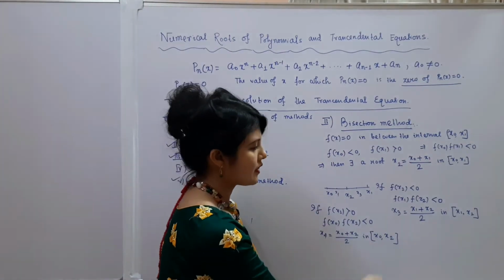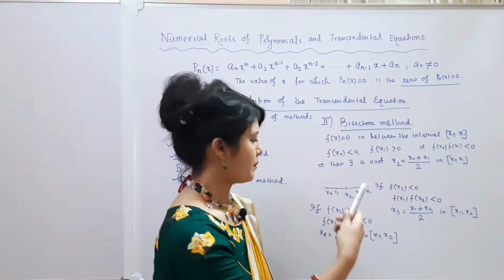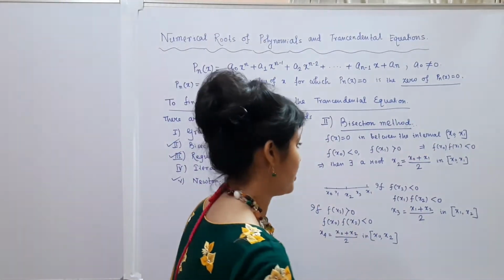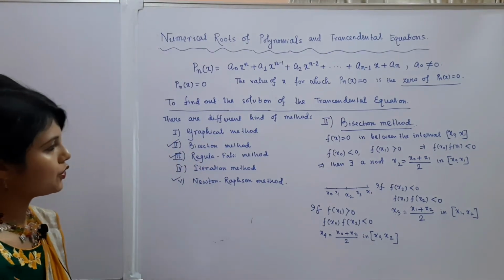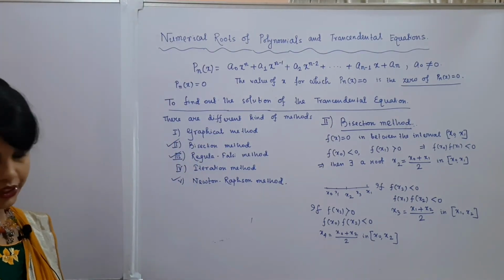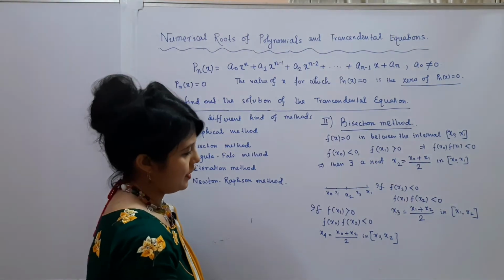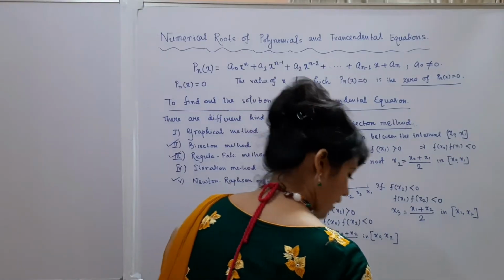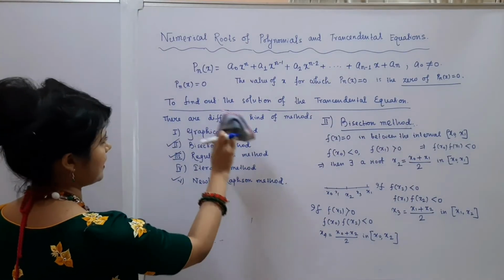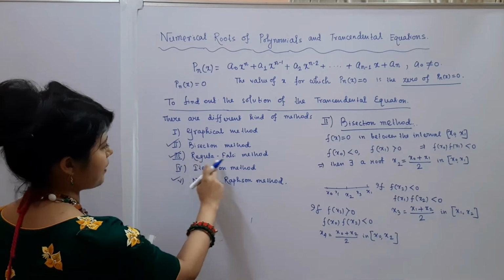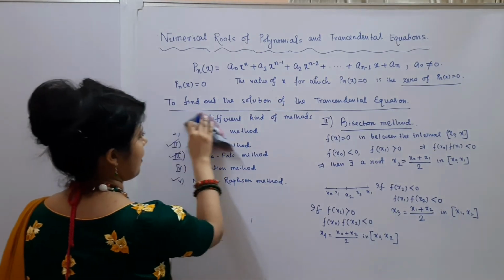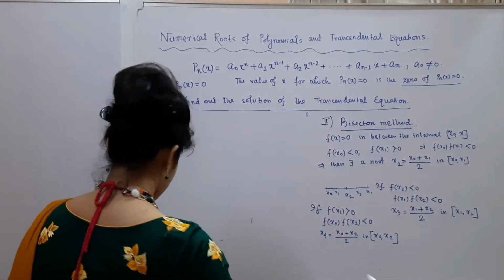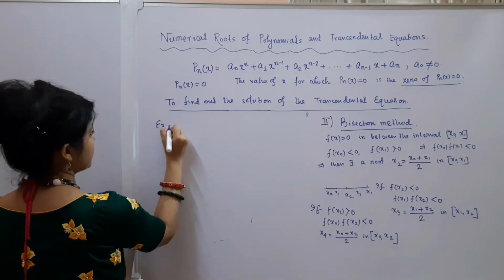Now you can consider it up to n steps, or up to how many steps you are required, and that depends on the questions of course. Now I am going to consider an example so that it would be much more easier to understand. So I am removing this because in the next step I will use the regular falsi method. Now I am removing this one. So the example is